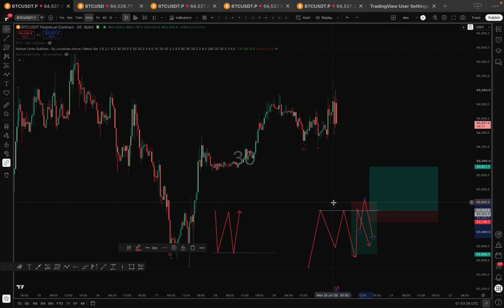Now, I want you to understand something. When you close a buy position, you are closing it with a sell order. So when these buyers are closing their trade because they are currently in a loss, they are closing their buy trade with a sell trade, which is fueling the move to the downside.